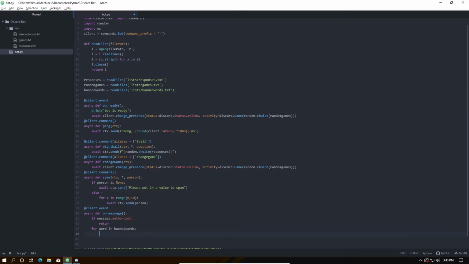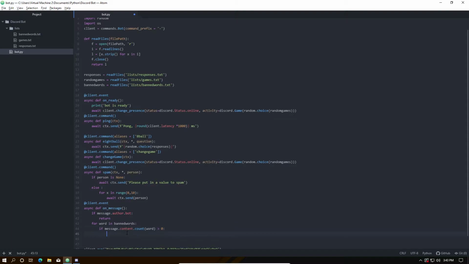It is going to check first if the message content, so basically what the user wrote, is longer than 0 letters, and then it is going to send a message. So here, since this is an event, you cannot use the context variable, the ctx variable. So we're going to use another way of sending a message to the channel. So we are going to say await message.channel,